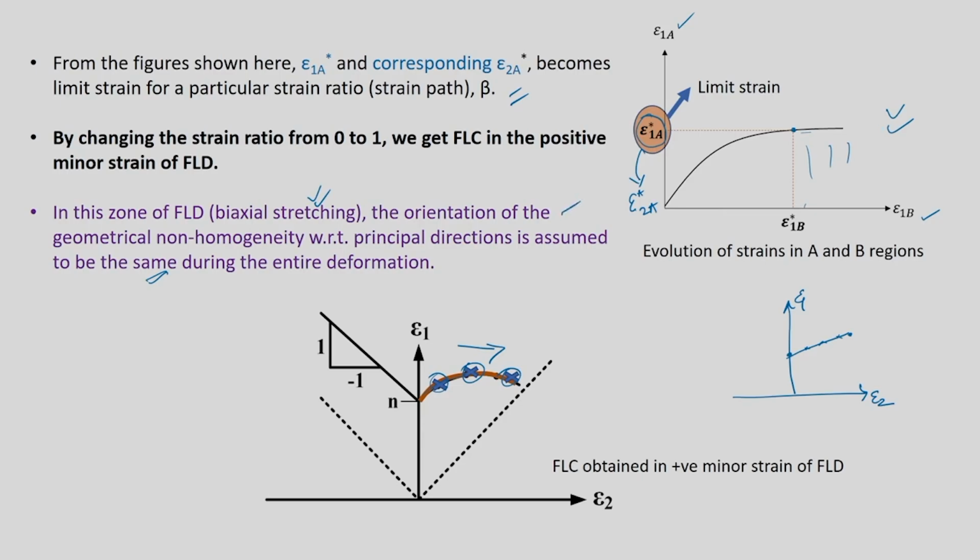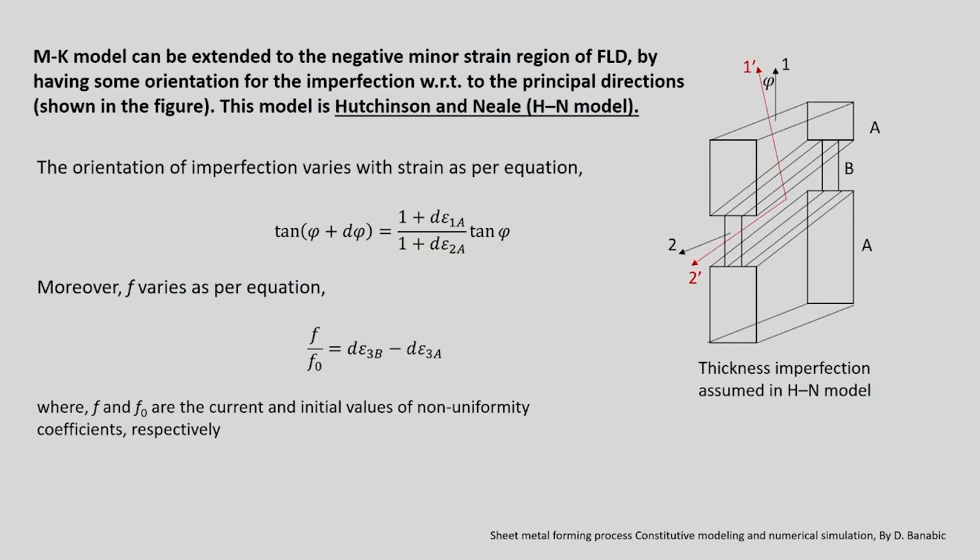That is what is given here. So, now you have got a forming limit curve on the right hand side of your forming limit diagram by monitoring your epsilon 1A and epsilon 1B. You have got various values, and you have got this particular forming limit curve. Now, how will we get a forming limit curve on the left hand side? The left hand side maximum tension line, if it is sufficient for us, then that is sufficient, which you already discussed. But if you want to use this MK model, then there has to be some slight change in the